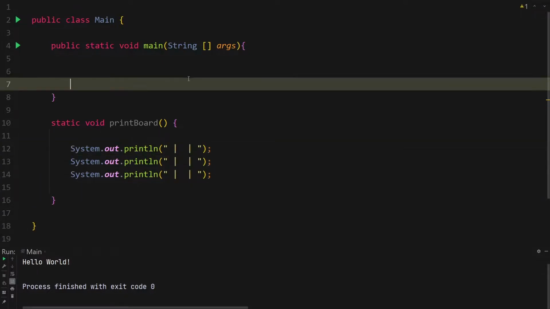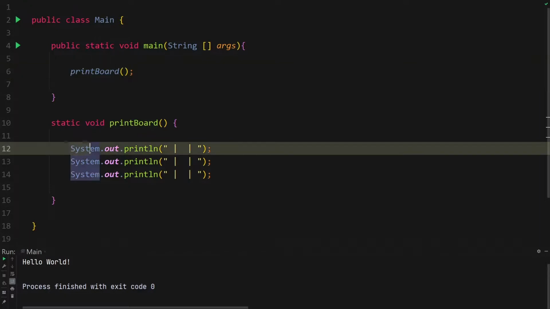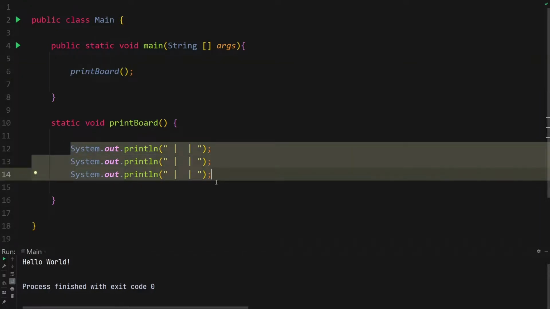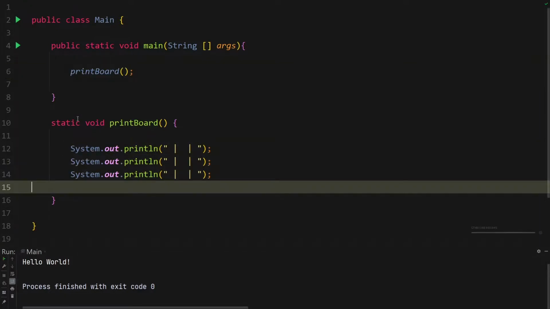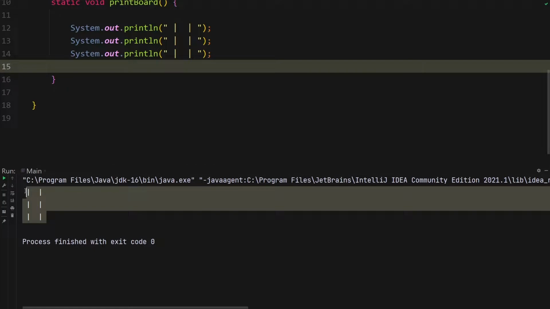So now, if you were writing a tic-tac-toe program, for example, instead of writing this every time you wanted to print the board, you can just call the print board method instead to save you some time. As you can see down here,